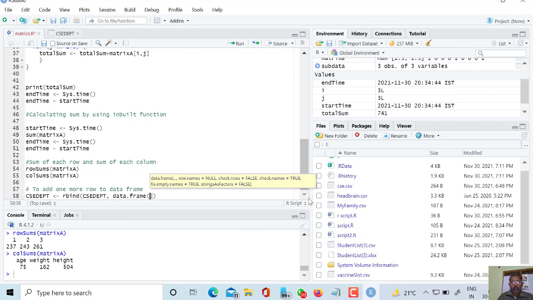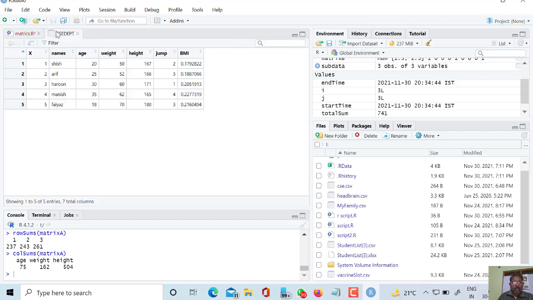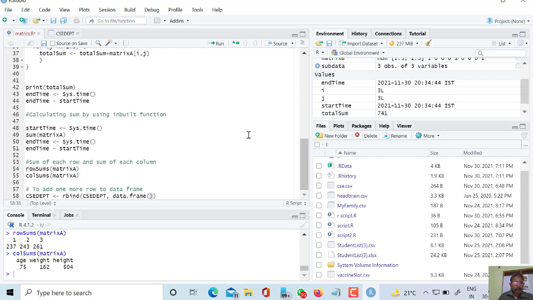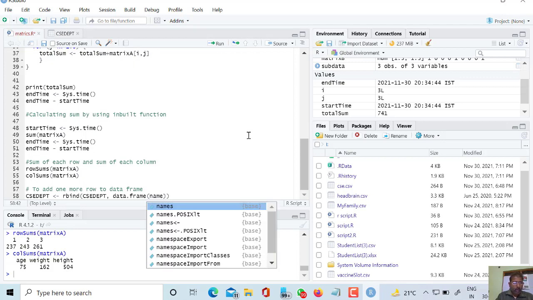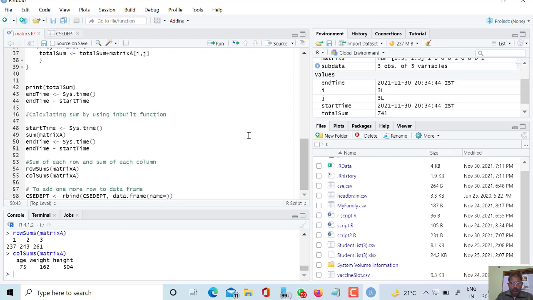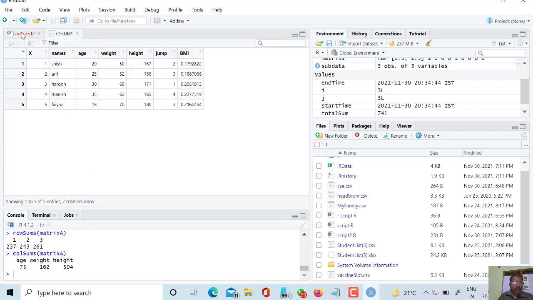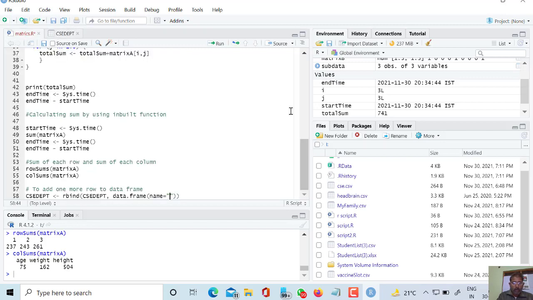So let us check the structure: name, age, weight, height, jump, BMI. First is name equal to, suppose